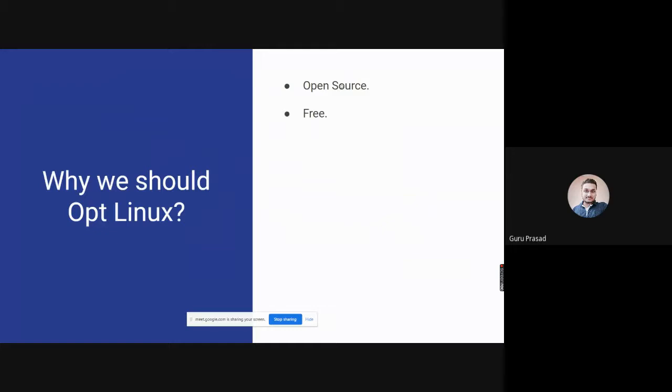Because RHEL, Red Hat Enterprise Linux, that we will use, is free. You can deploy it for free, work with it for free, and change or modify it. You are allowed. But while you are facing some problems or challenges, suppose you are working in an organizational environment,